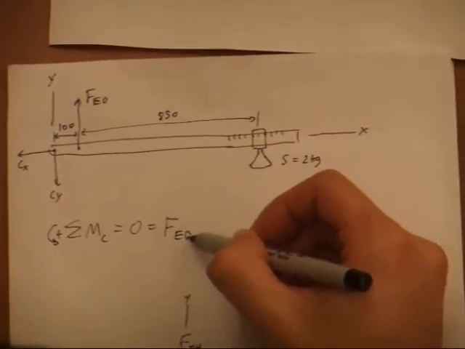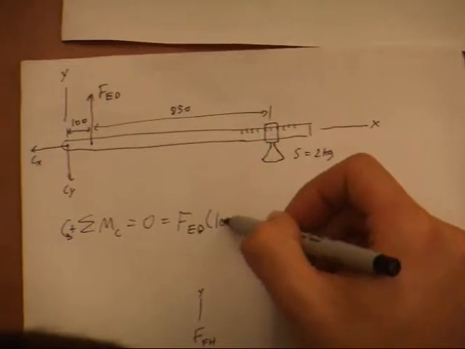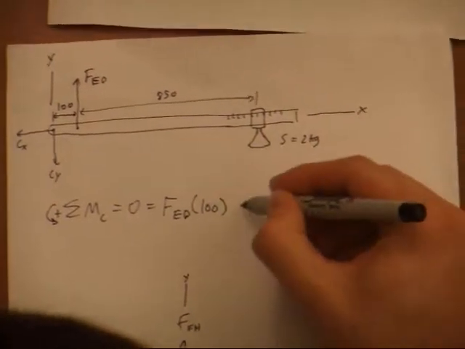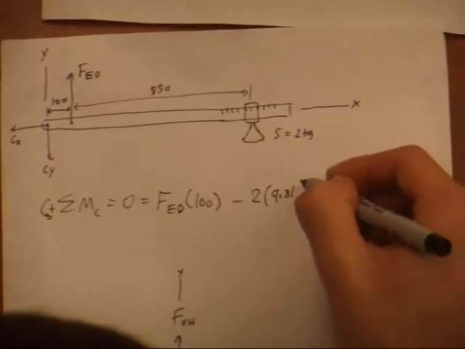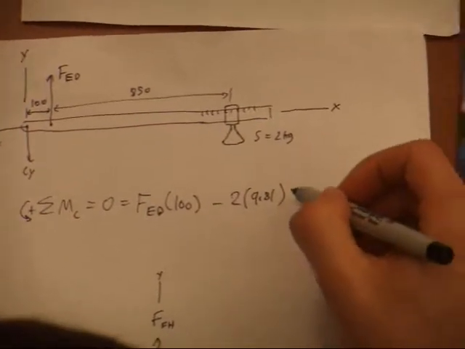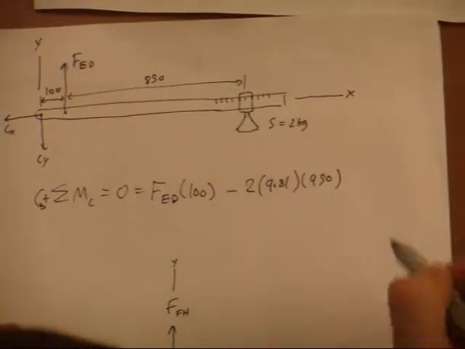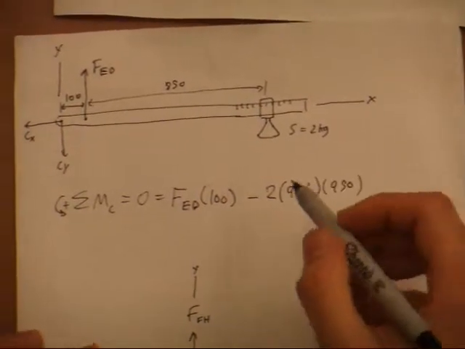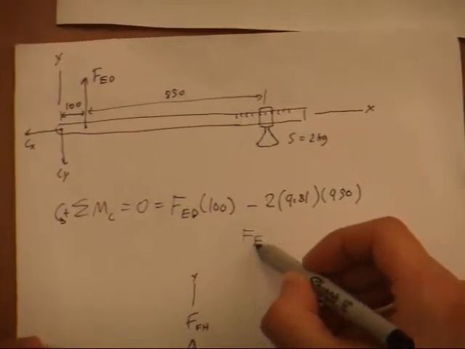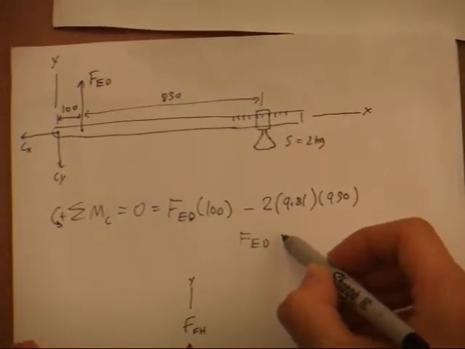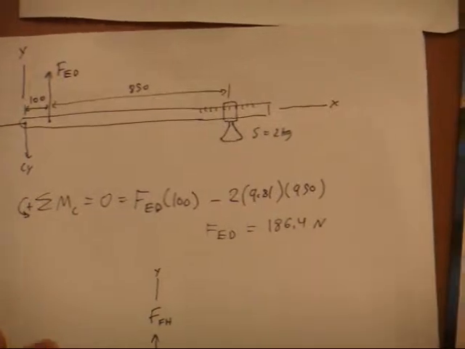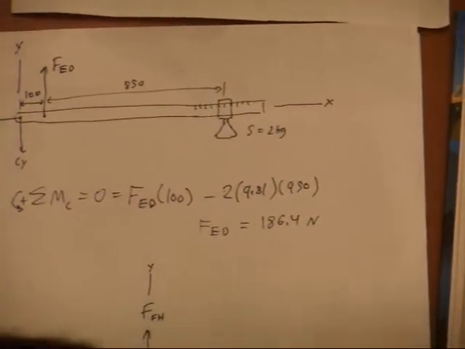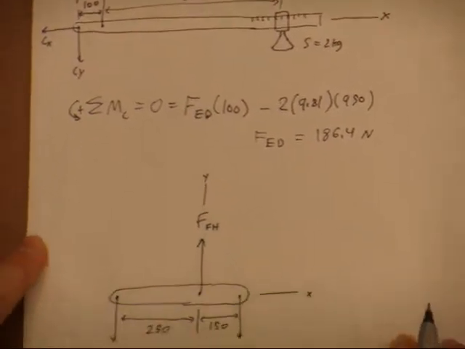You get F_ED times 100 millimeters minus 2 kilograms times 9.81 meters per second squared times 950 millimeters. And when you solve that out, you get the force F_ED, or the force in the member ED, equals 186.4 newtons. We can then move on to the next section,